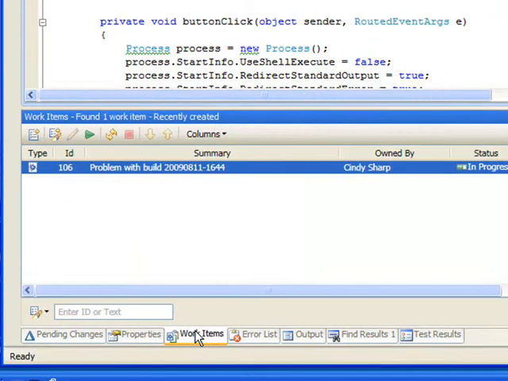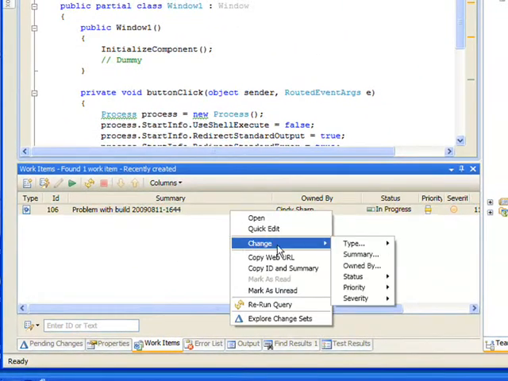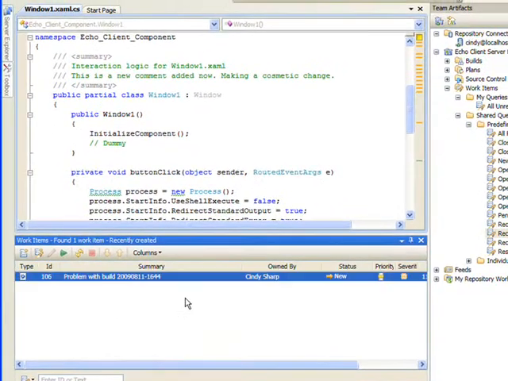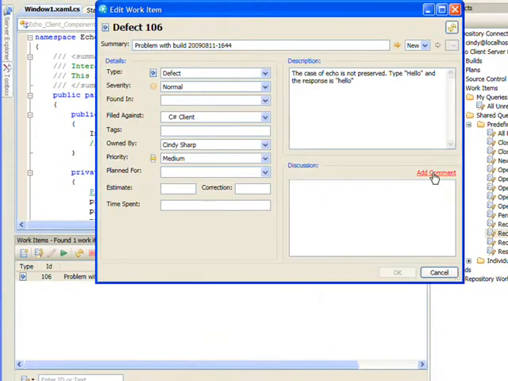She goes back to her work item, and since she figured out that the defect is on the server side, she can stop working on it. She can also do a quick edit and pass the feedback to Jerry.